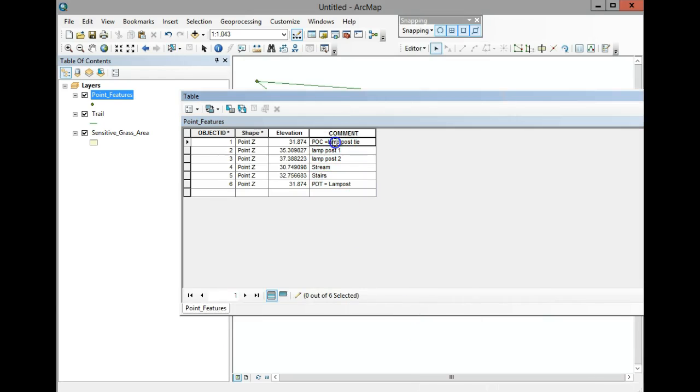Great. So now you can go in here and you're going to call this lamppost, lamppost, lamppost. That'll be stream, stairs, and lamppost. If you want ArcMap to recognize that these are all the same, you need to make sure they're spelt out the same. Otherwise, you'll have to join things together or merge things together in